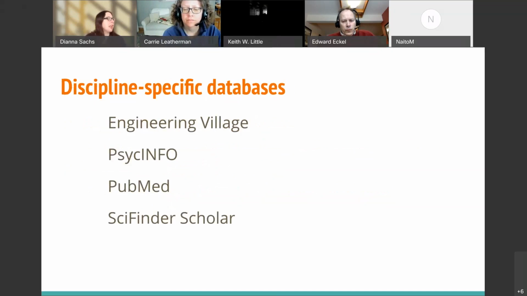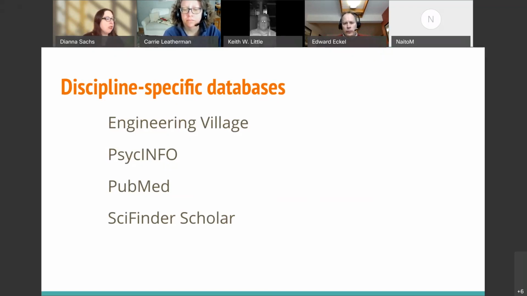So some examples of discipline-specific databases include the ones up here on the screen: Engineering Village. Surprise, surprise, that's an engineering database. PsycInfo for psychology, PubMed, the major biomedical research database, SciFinder Scholar, or SciFinder Scholar N, as it's known now, for chemistry. And all of the different academic disciplines have some discipline-specific databases that we can use.